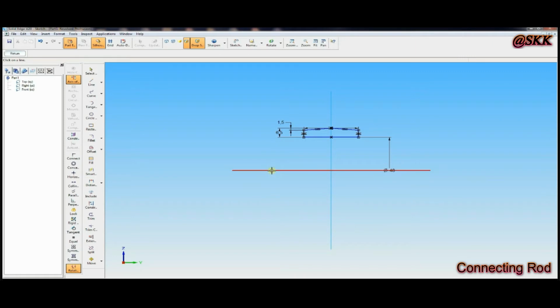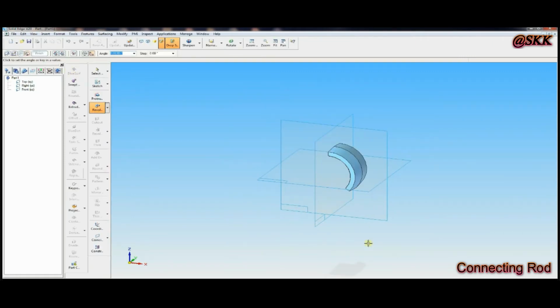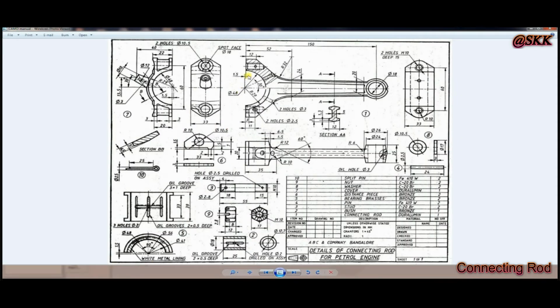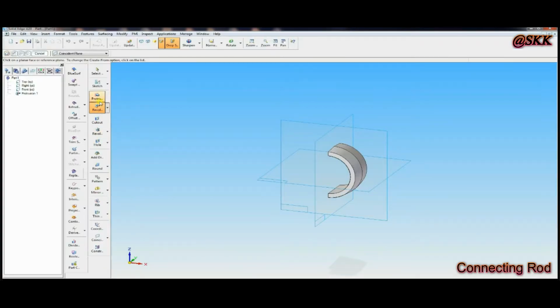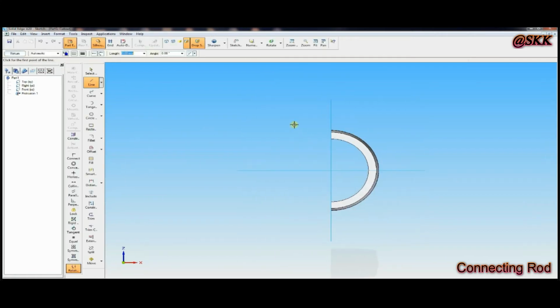Then click on the revolve axis. Then return. You have to give 180 degree. Finish. Now you have to cut by 1.5 mm distance. For that, cutout command, select front plane, draw one simple line.